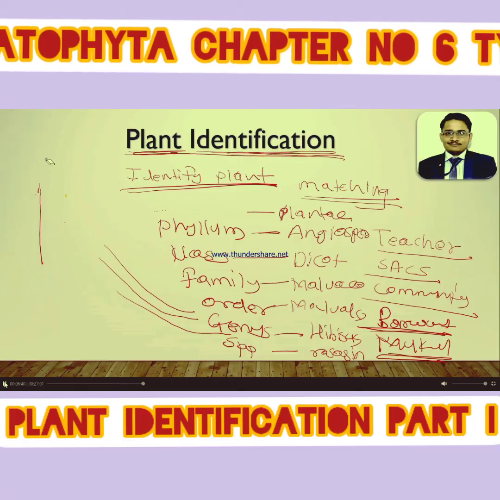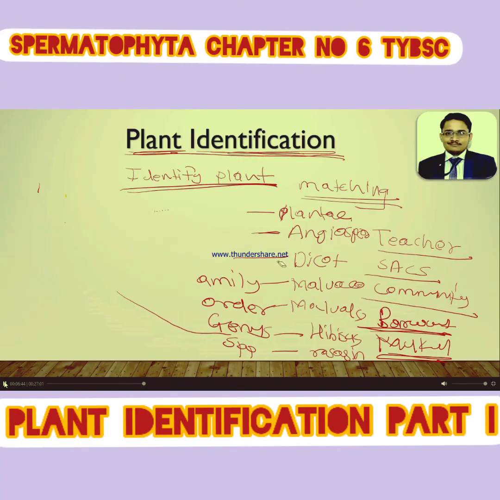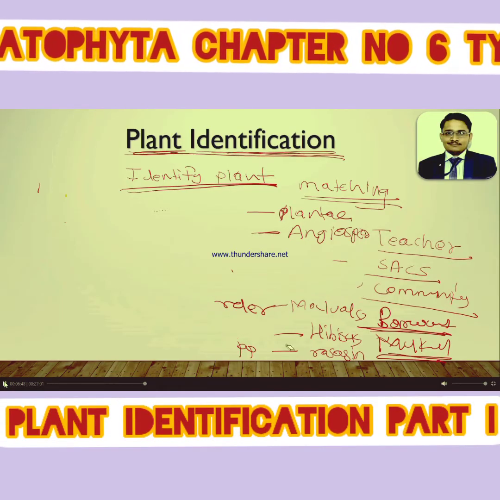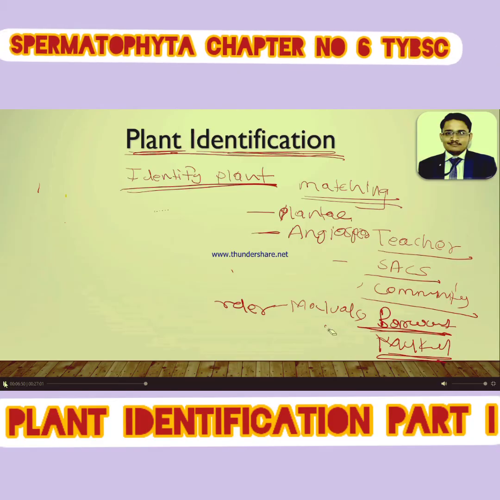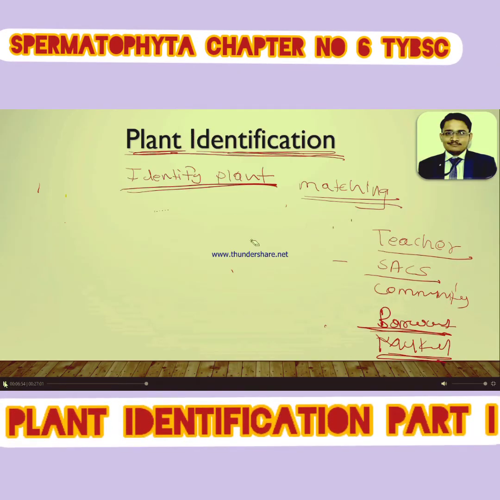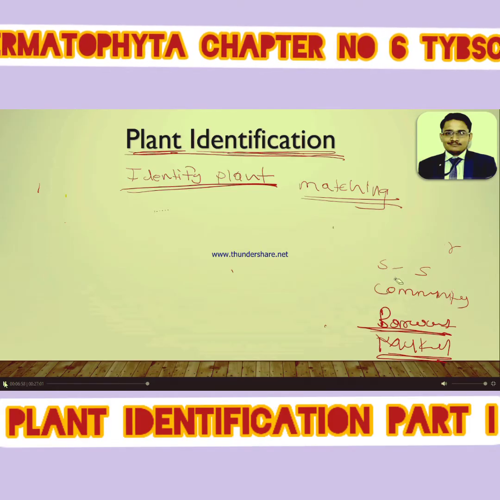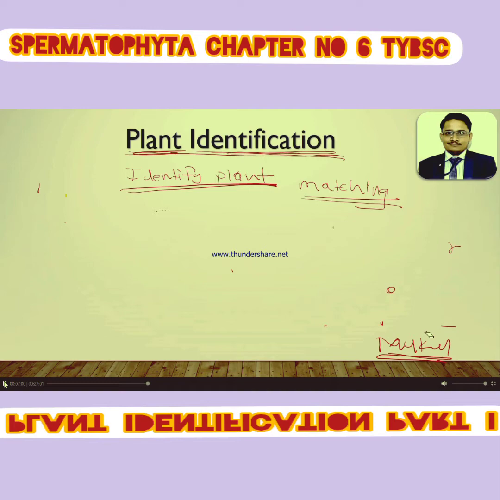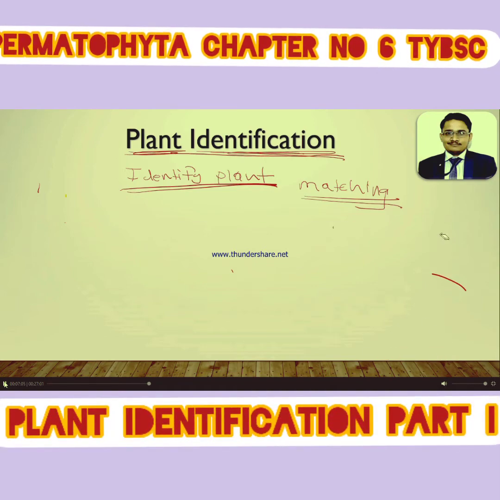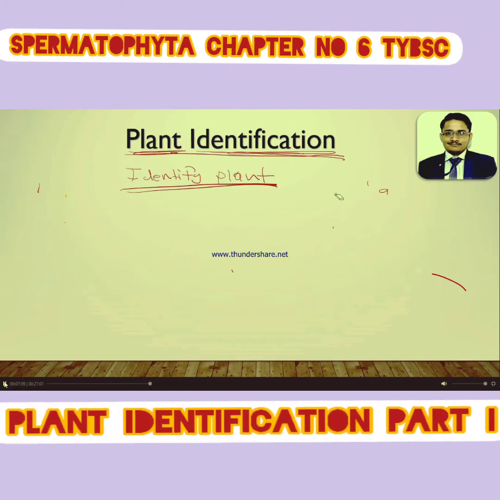I hope you understand the concept of plant identification. Plant identification is only about giving an identity to that object. For example, for any student of your class, when we give an identity, it is easy to find them among a large population. Okay, then how is identification of a plant done?